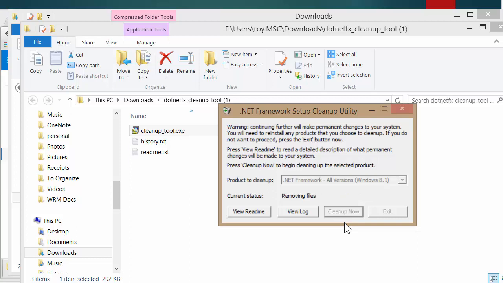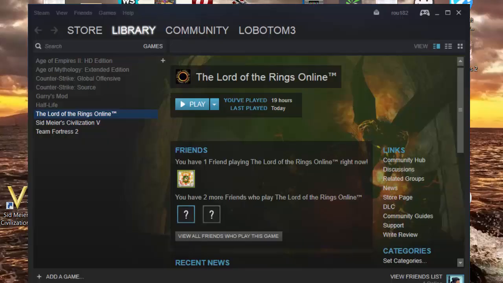The important thing here is that at the end, when it's done doing its thing, when you hit exit, if it asks you to reboot the computer, go ahead and do that, and come back to this video and start it at this point. Okay, so I just came back from rebooting the system according to the cleanup tool. I went ahead and did that because I don't want to mess up my system more than it is. So in any event,